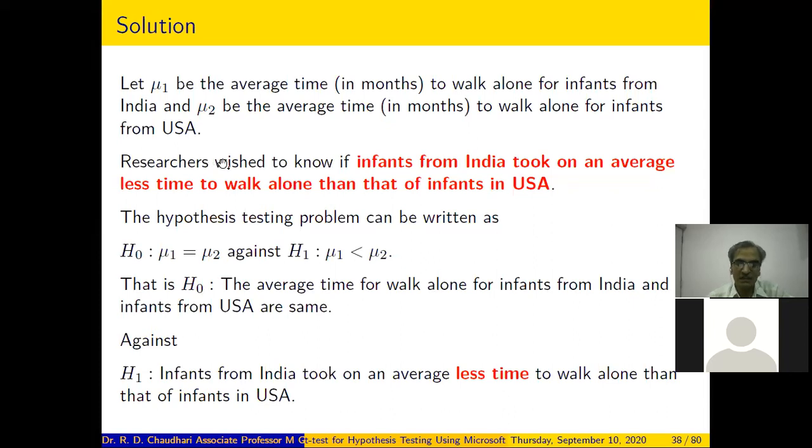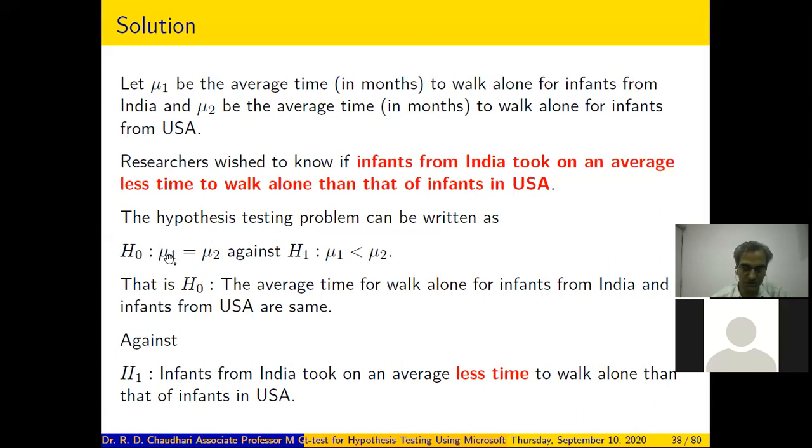Now, the researcher's question is whether infants from India took on average less time to walk alone than infants from USA. So we want to test whether mu1 is less than mu2 or not, right?